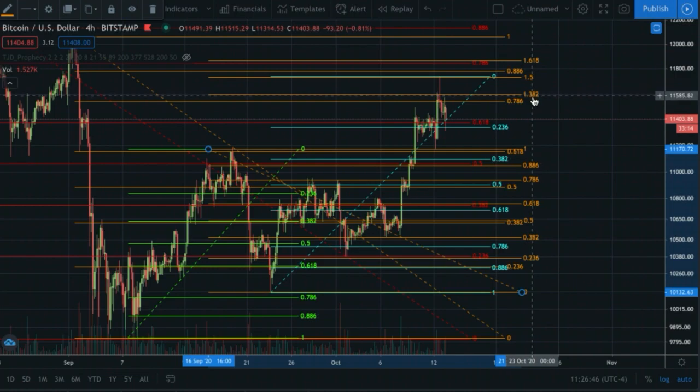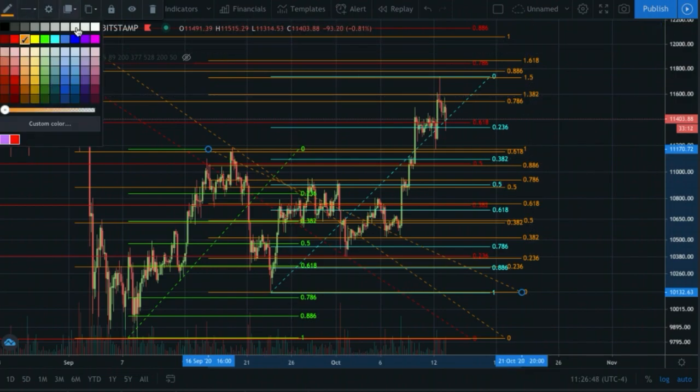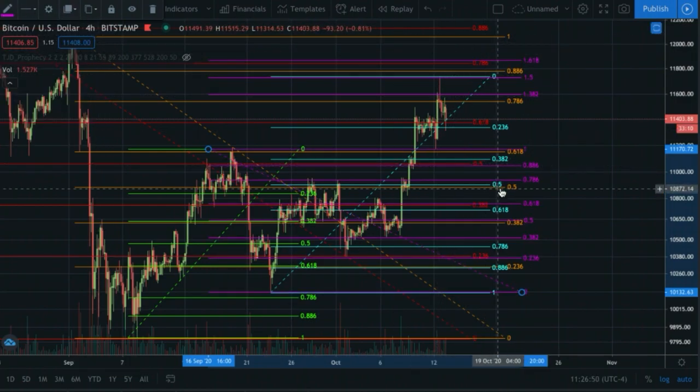And then now this orange fib, I'm going to switch over to, let's go to pink, and that's going to give us targets for where the third wave is likely to top out at, and that's how we use our extension tool. So if it does a double top, it would be the same top, obviously. If it does a 1.382, that would be 11,602, which is where we potentially top with that first move up,